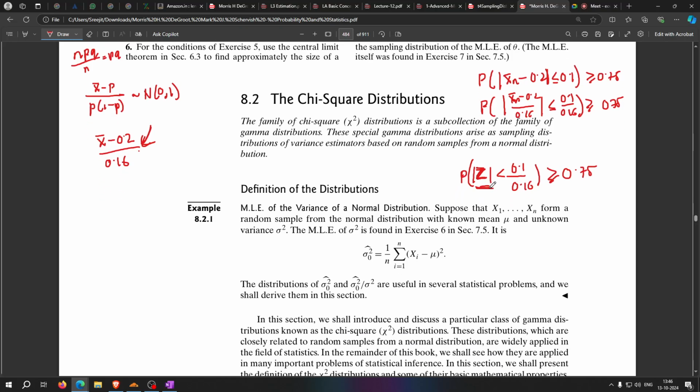I know this distribution, right? So this looks something like this. This is my standard normal distribution, and the mod of that should be less than